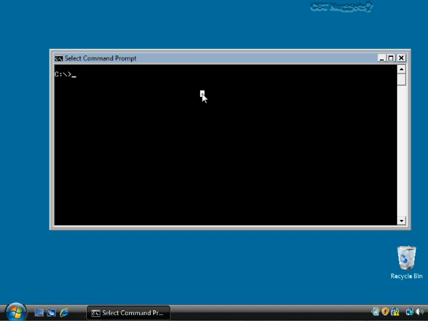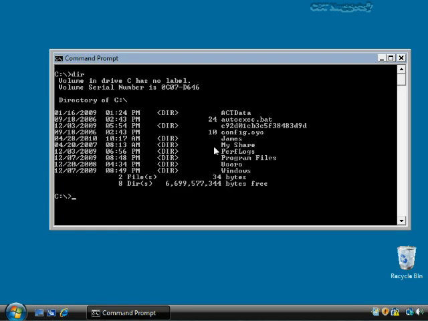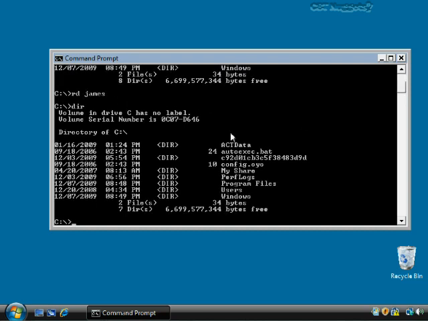And then before I conclude, I also need to show you how to remove a directory. So here I've already created the James directory again, okay? And if we wanted to use the command prompt here to remove it, it's real simple. You just do an RD for remove directory, James. Again, it's not case sensitive. So now if I do a dir again, we don't see a James directory.